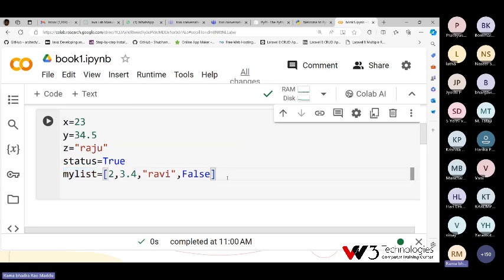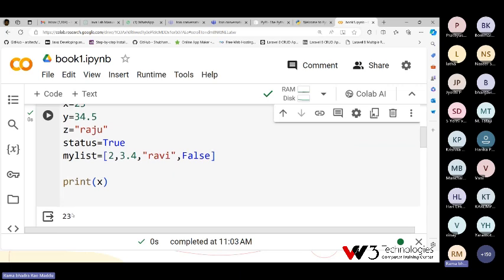If you want to print any variable value, then we can use print like this. Print of variable name x. Then it will print the x value. The output is 23. Sir, it is printing 23. I want to print a comment also.